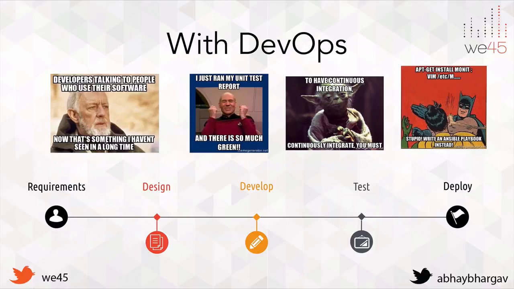And DevOps is not actually very new. It's been around. Anyone who's deployed apps in terms of an automatic deploy, or who's implementing stuff like continuous integration, continuous delivery, or some combination of any of these is already doing DevOps. So DevOps essentially is just a movement that aims to reduce the friction between the developers and ops, the people who actually deploy and manage the service once it's deployed. So what is happening today is all of these previous steps, requirements, design, develop, test, deploy, are becoming integrated as part of the DevOps pipeline.